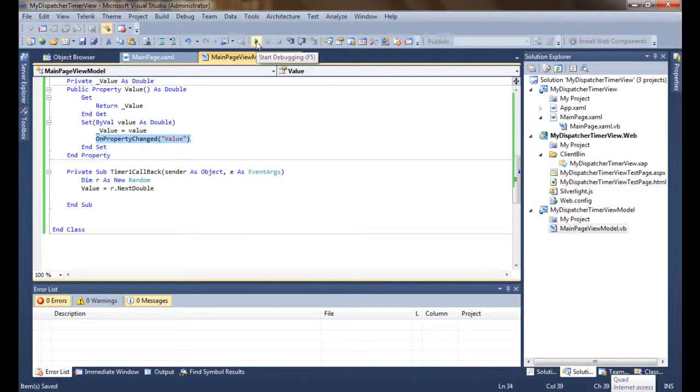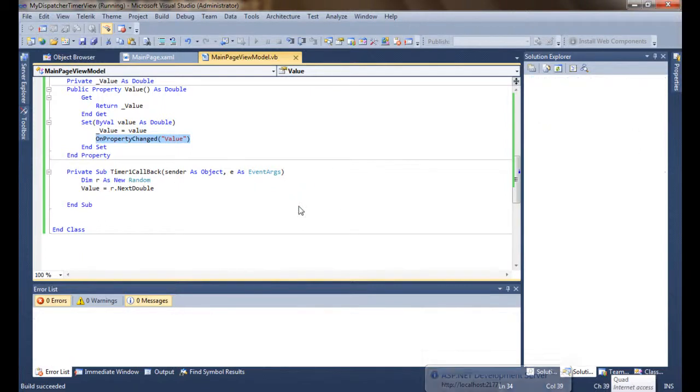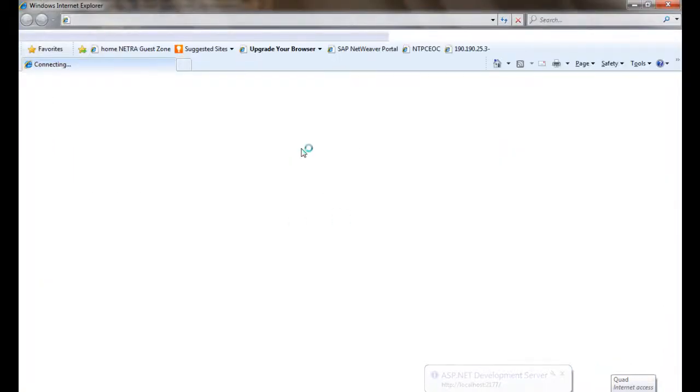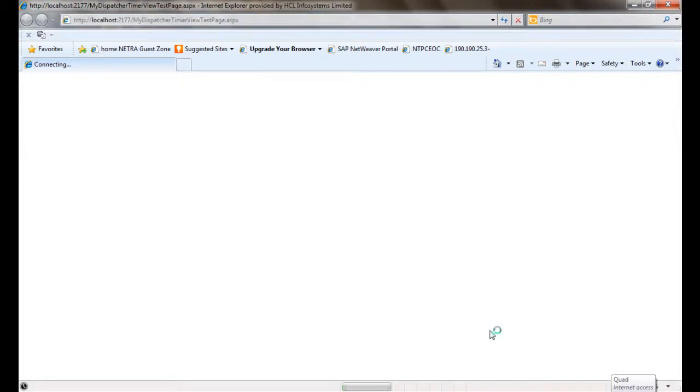Let me check whether this works or not. Okay, the build succeeded. All right. It's quite slow.